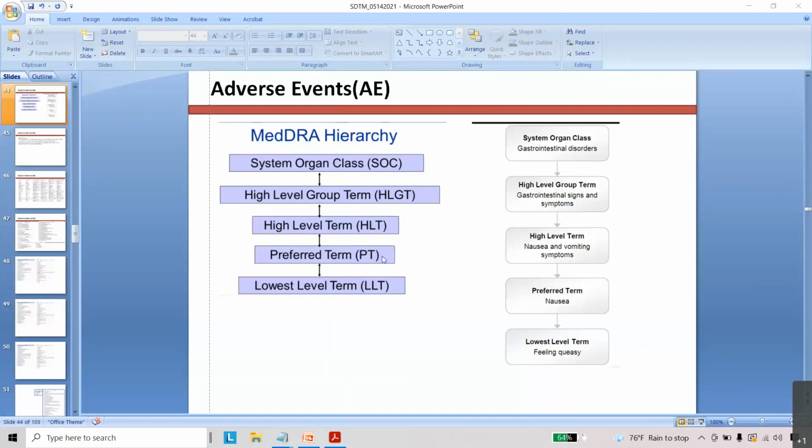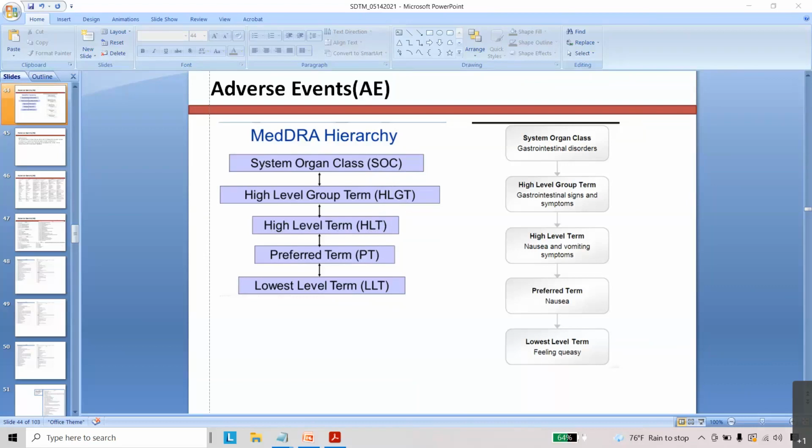Usually the character variable is AE decode, but the numeric coding variable is AE PT code, PTCD. Then we can see AE HLTCD, and for the high level group term, AE HLGTCD, and for SOC we can see AE SOC code.